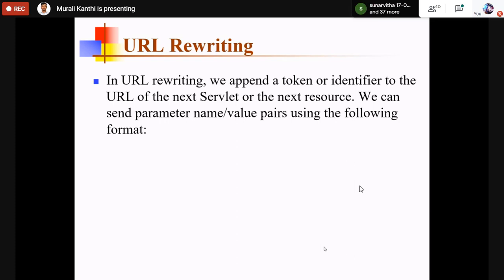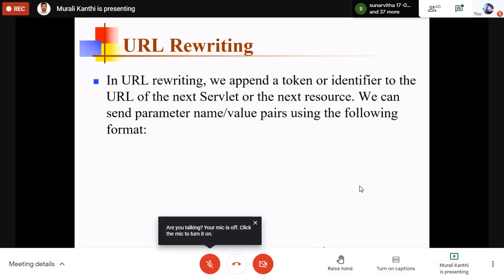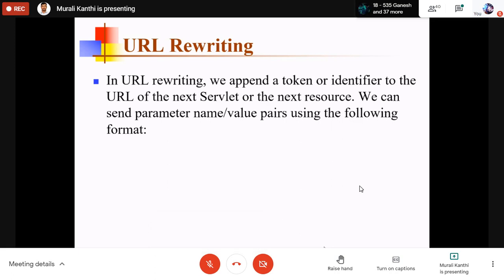This client is asking the Gmail site to open. So now the server is going to give a response to this particular ID. Whoever is asking for Gmail, to that ID the response will be given back. Like that, the server can easily give the response back to the client.